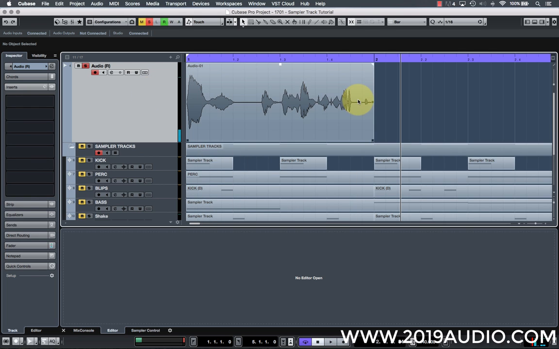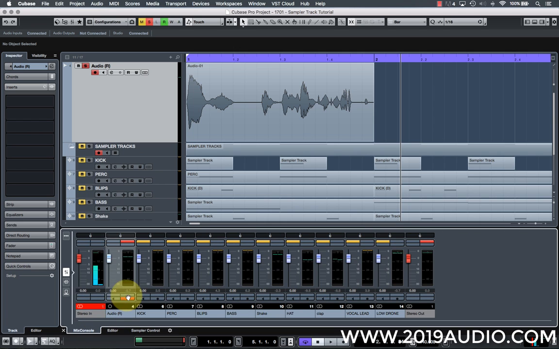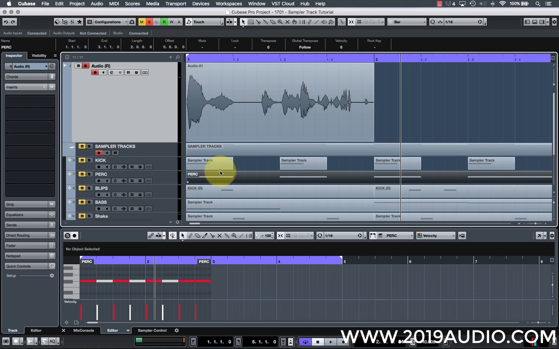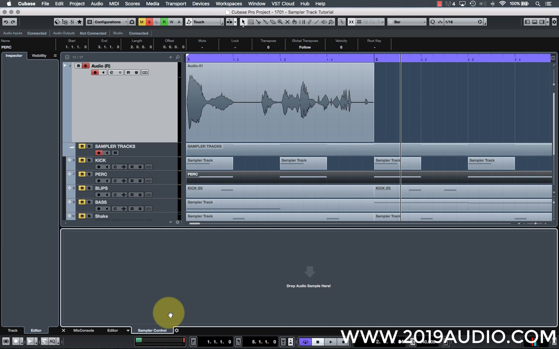So as you can hear from that, it's just a pretty basic vocal phrase that I've recorded myself, just to demonstrate the sampler track. If you're not familiar with the latest iteration of Cubase, you might have noticed that there's a little window at the bottom of the screen. This is now where the mix console sits, and it houses a MIDI editor. If I click on a MIDI track here, you can see the MIDI notes that have been programmed in for that. And it also does this thing called sample control, which is the new sample track that has been added